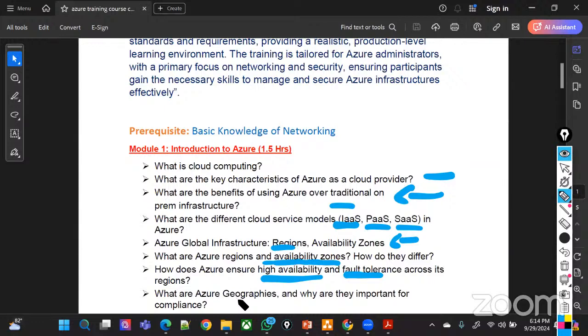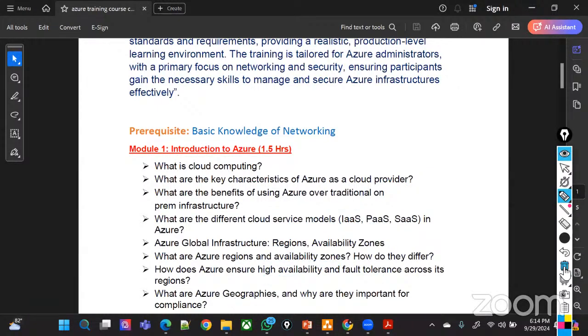Then geo regions, Azure geo-based regions, and why that is important to follow your compliance. That's also what we are going to see in our demos, in our course section. We are going to cover all those steps here. If I move further here,